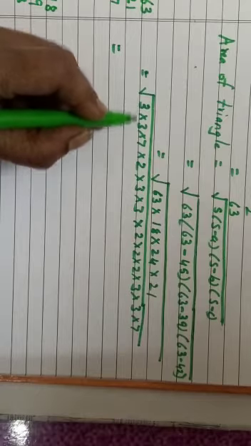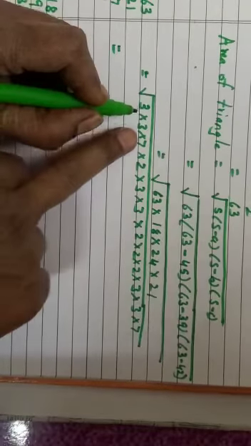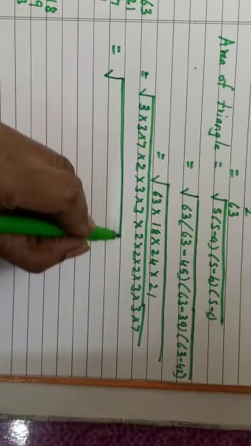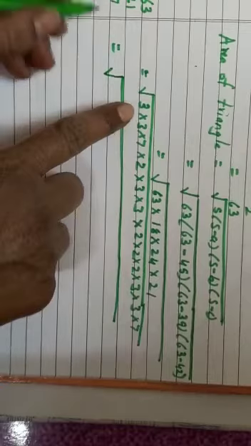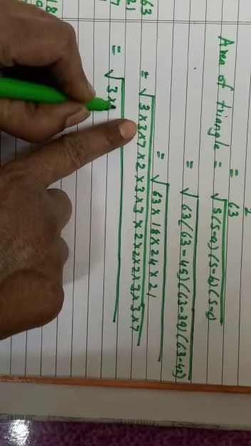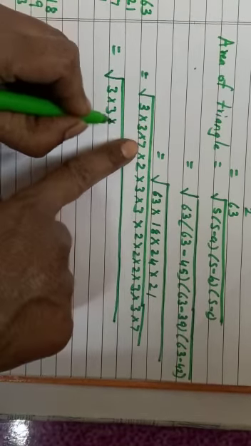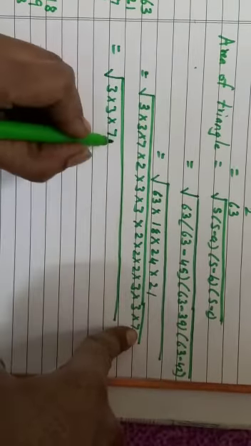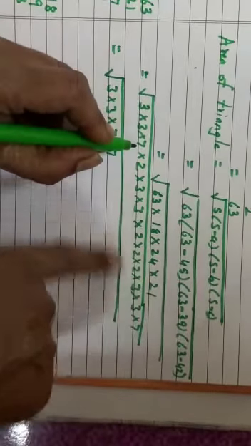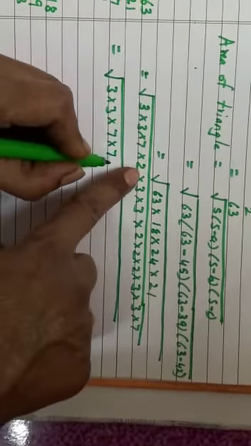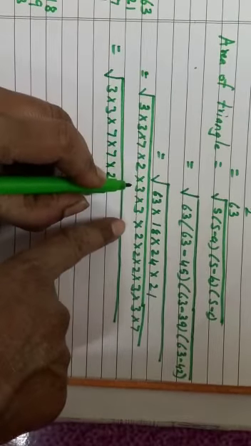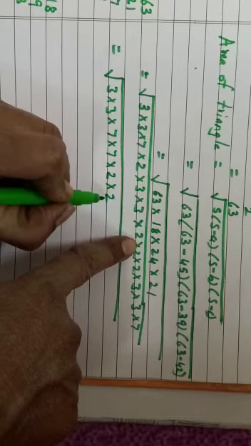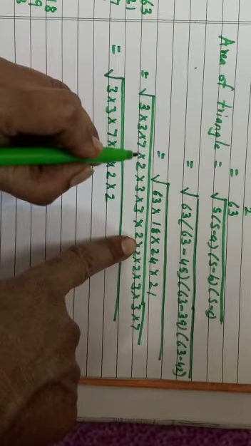Now what do we have to do? See, this is a square root. So what we will do? We will form groups. 3 into 3. Now see how we will write. This 3 into 3. After that, here there is 7 into this 7. Now where is another 7? Last I have got 7 into 7. So 1, 2, 3, 4 I have completed. Now I am going for 2. Here I have got 2. After that, where is 2? 2, 2, 2 is here. This 2 I got. Okay, so 1, 2, 3, 4.